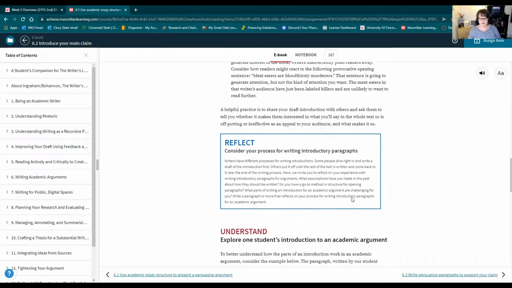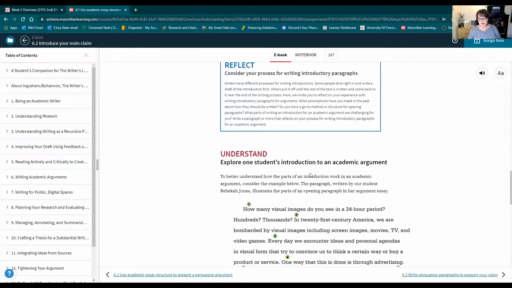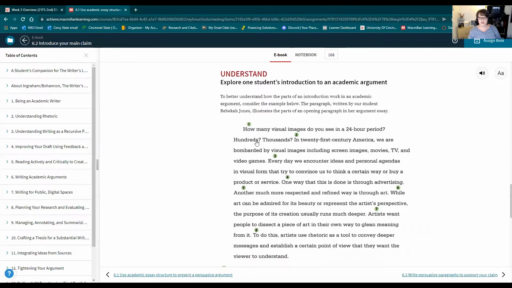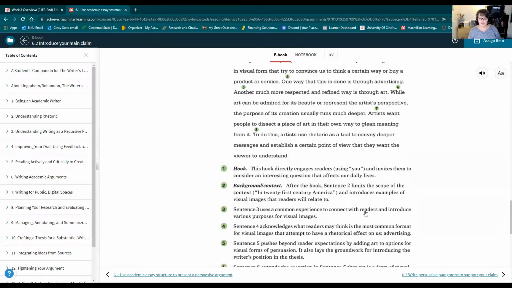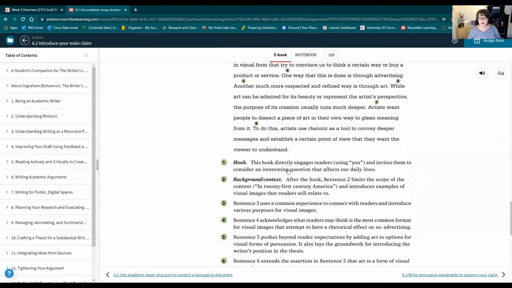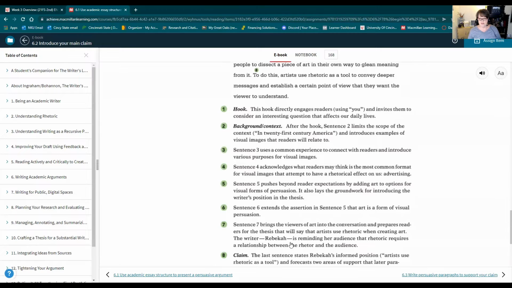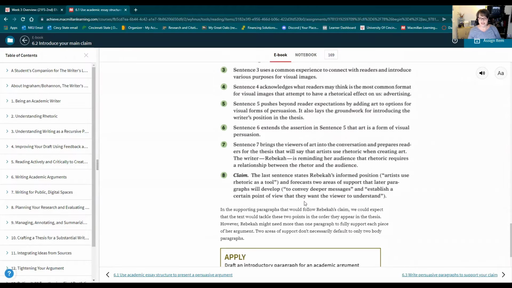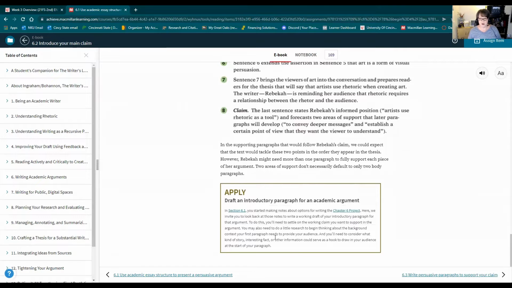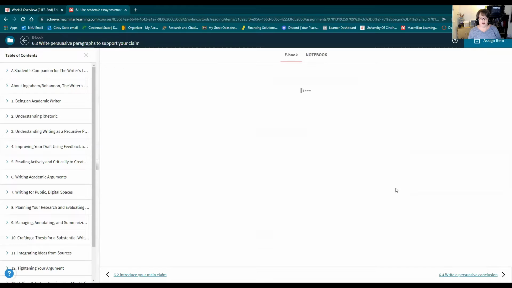Again, you can skip over the reflect section. The understand section, did I tell you to skip over that? No. The understand section is good, again, because all the sentences are numbered, and they will actually explain the various parts of these sentences as they work in the introductory paragraph. Again, you can skip over the apply section. Then in 6.3,